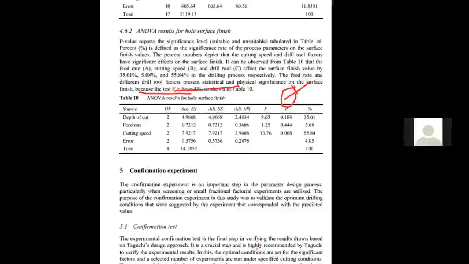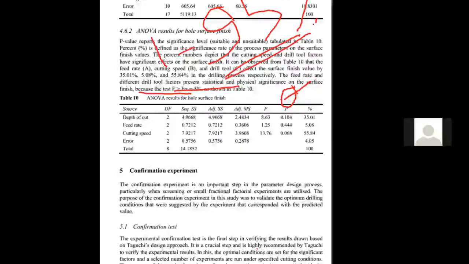Now, here I am performing all these experiments at 95% confidence because the environment is not in my hand. So, I am saying 95% confidence level I have maintained. What is the value of P? 1 minus 0.95 is 0.05. Now, if the value of a particular P is less than 1 minus confidence level, the particular factor is significant. If not, then the factor is not significant.